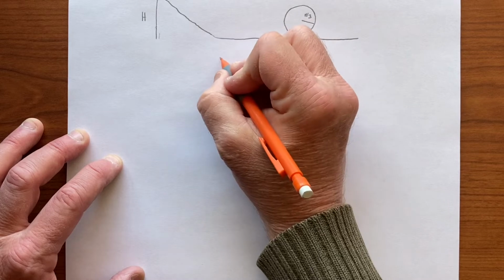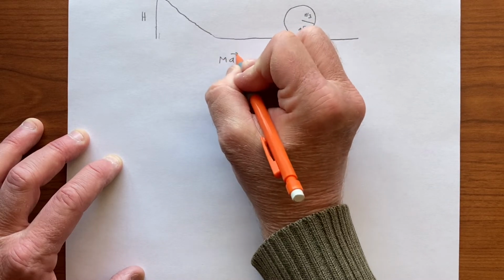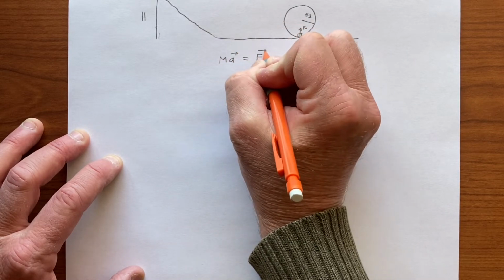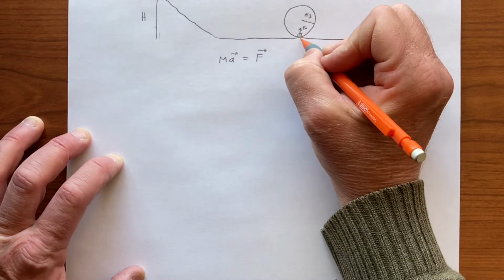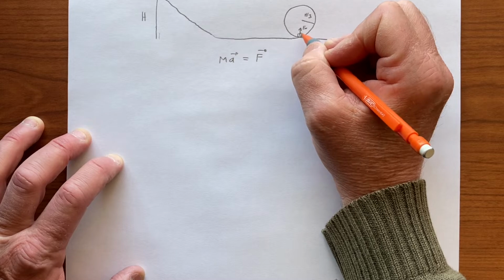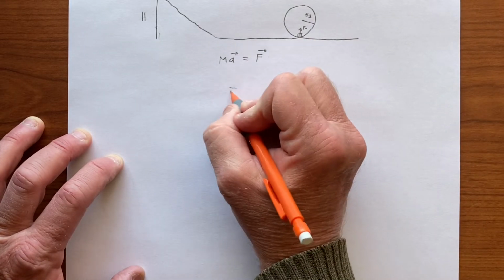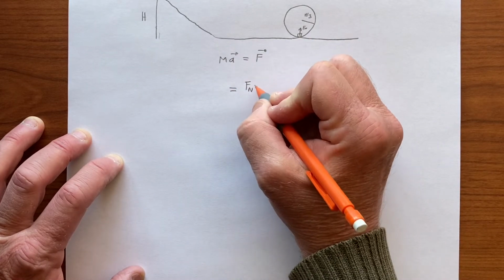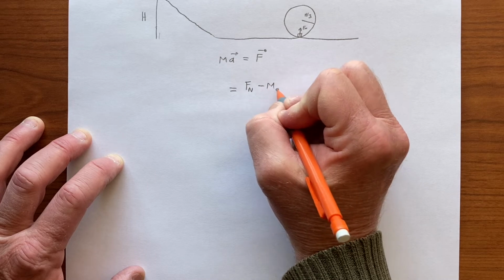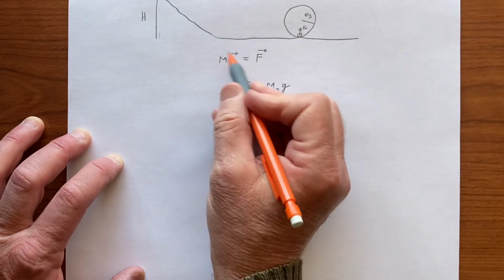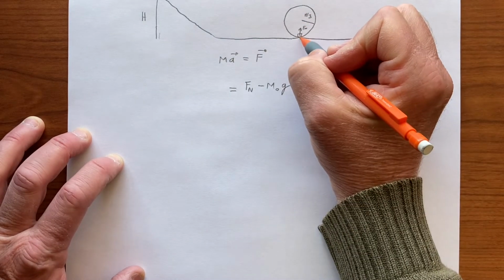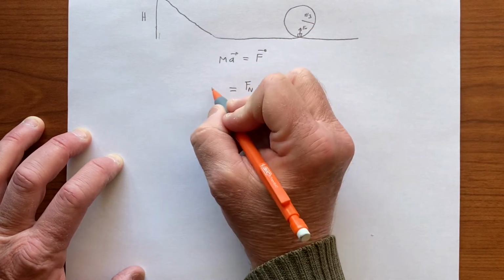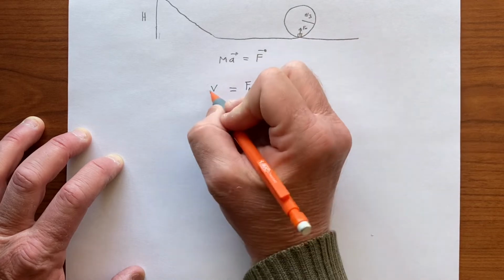So most likely we need to deal with ma equals the sum of the forces. Let's see what that looks like. So we could do a free body diagram, and we have Fn pointing upwards and m naught g downwards. So the right-hand side is Fn, unknown, upwards minus m naught g, and the left-hand side is the ma for circular motion, and so there's an acceleration toward the center,